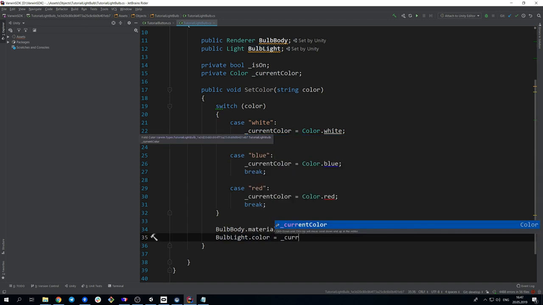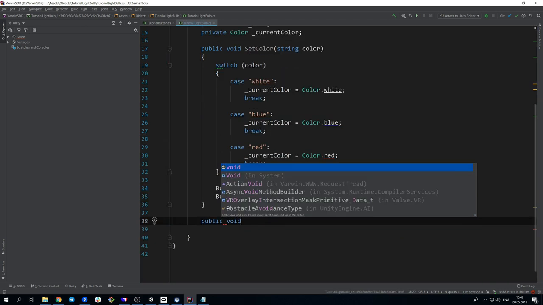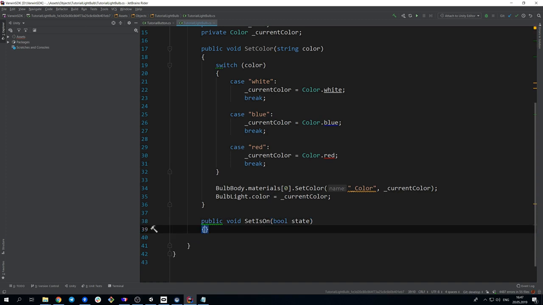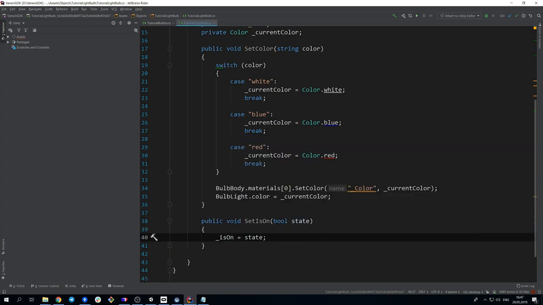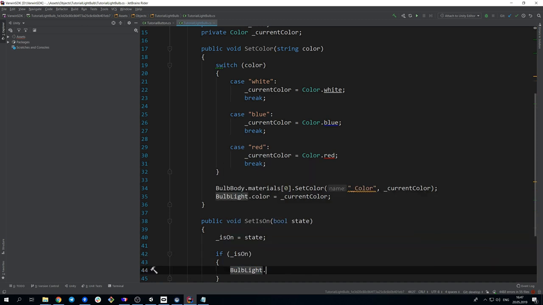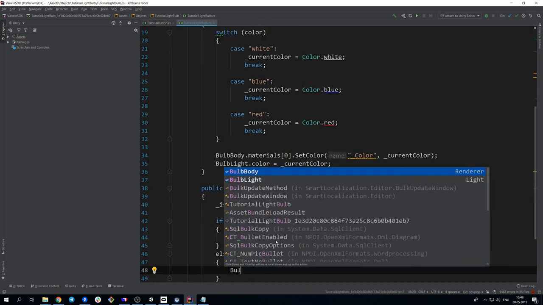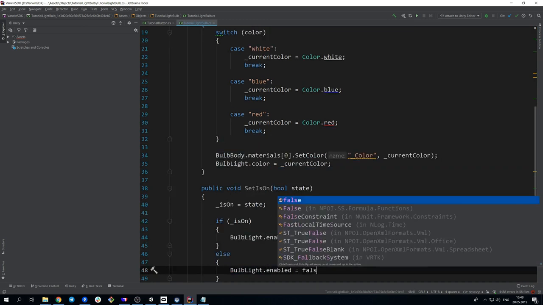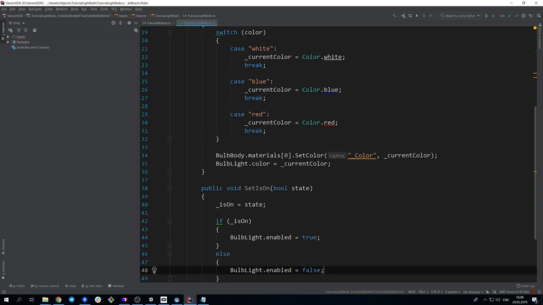The second function will switch the bulb on and off. Let's name it set is on. Assign the value that has appeared at function start to the is on variable. If the bulb is on, switch the light source on as well. Otherwise, switch it off. But if we want things to be perfect, we also have to set the emission color